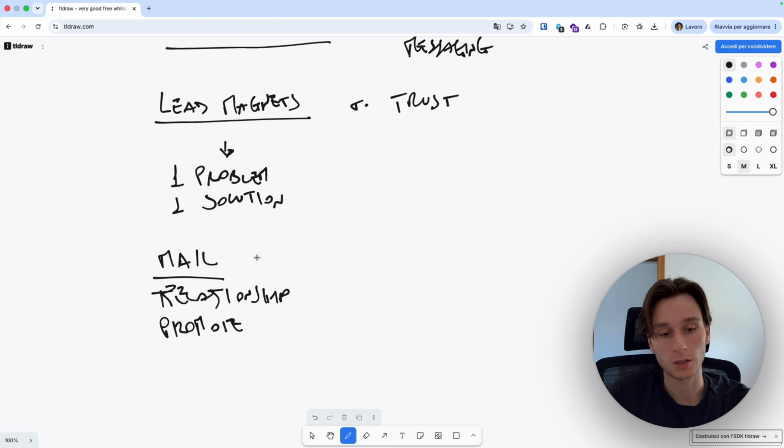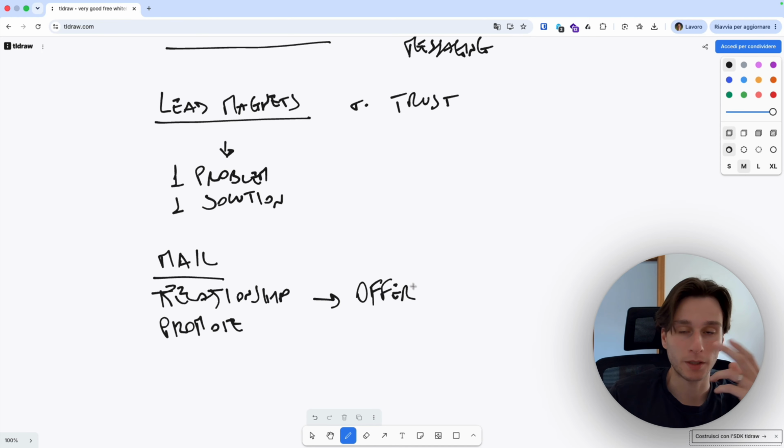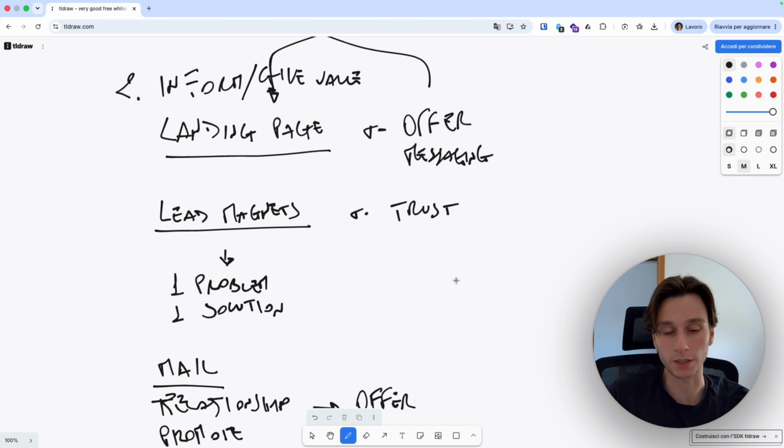And this is very important because you get their email. If your audience will not convert now, they will probably convert in the future if you build a relationship and trust with them, and maybe in the future you launch a new offer and you can promote it to them.